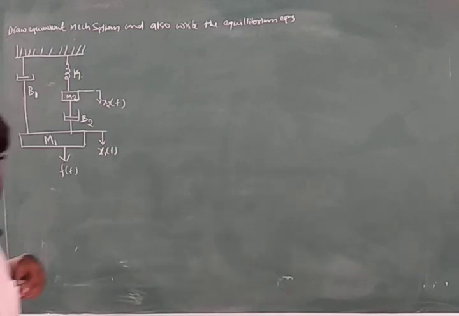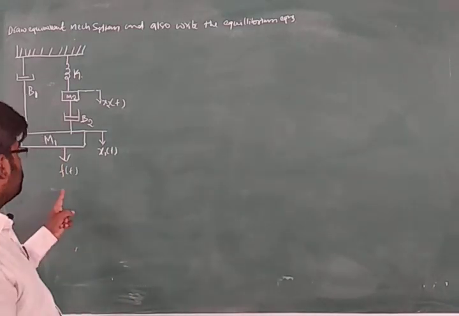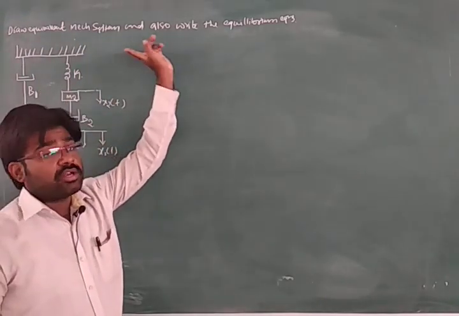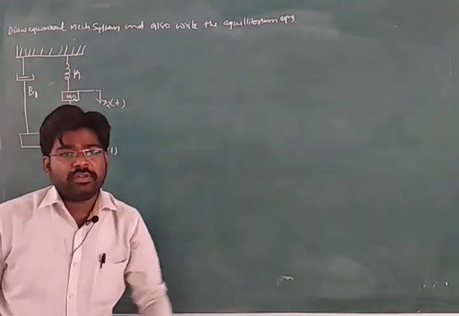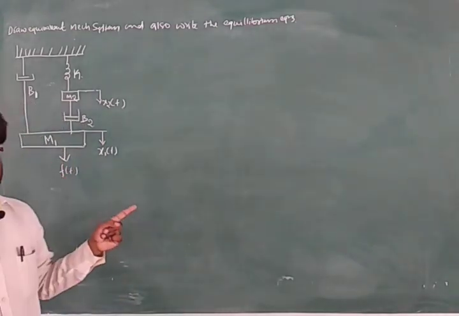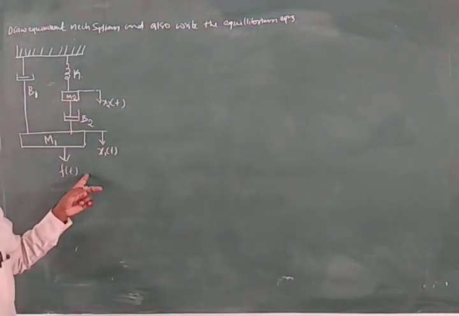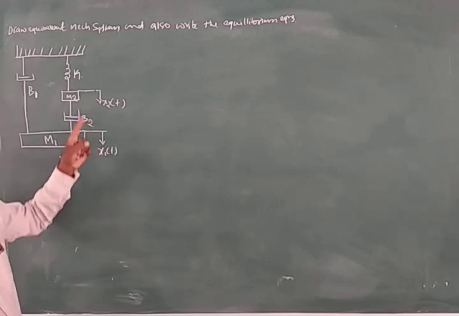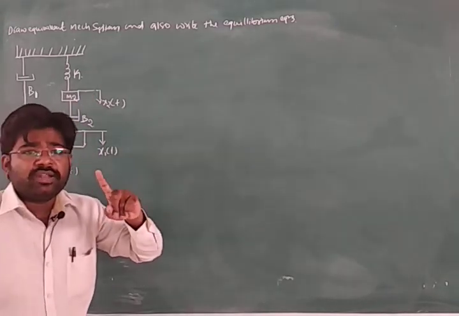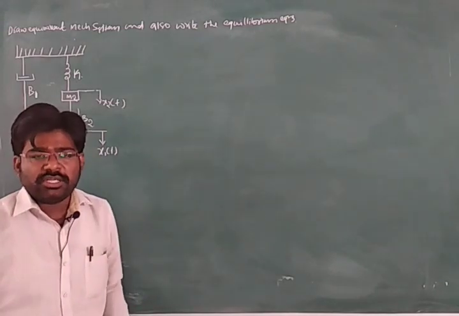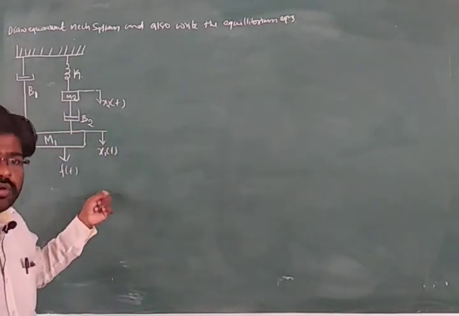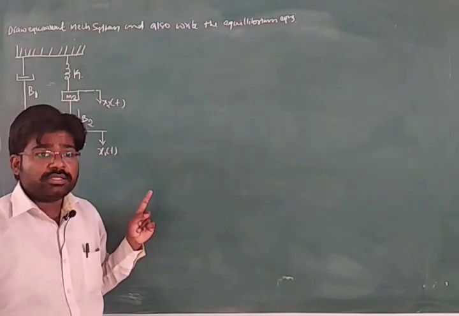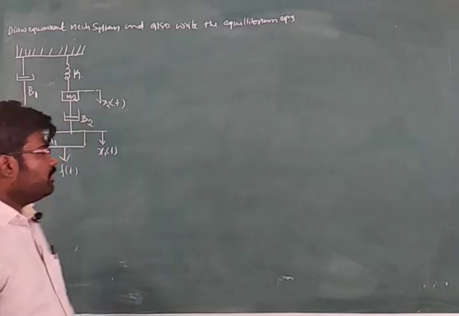See here, what has he given in this problem? He has given: draw the equivalent mechanical system, and find the equilibrium equations. Now to draw the equivalent mechanical system, let us see how many displacements are there in the given problem. Two displacements are there, x1 and x2. It means how many nodes will we get? We will get two nodes. Mention the two nodes, and with respect to the two nodes, draw the equivalent mechanical system. And one more important thing is, we have to connect everything in parallel.